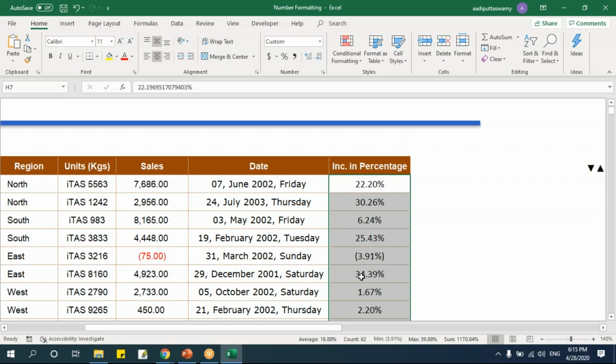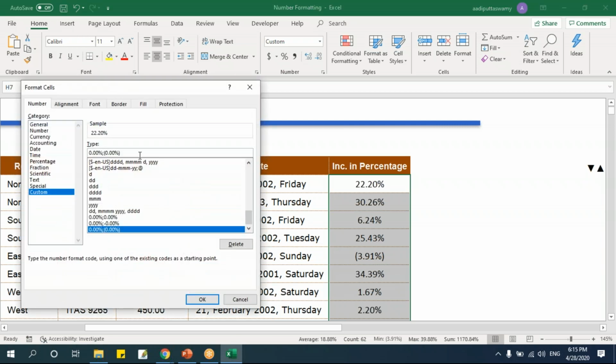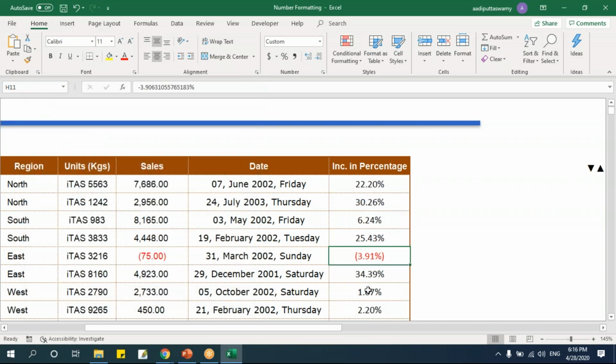fine. Now the color, I want this negative to be red color. I'll put a square bracket this time. Keep in mind it has to be a square bracket. I'll say red. If you want to make it green, mention green. If you want to make it blue, you can mention blue. I'll say okay. See,